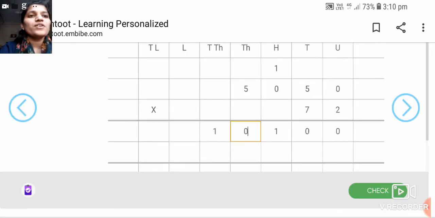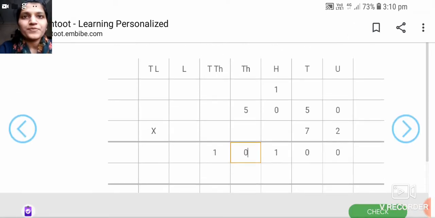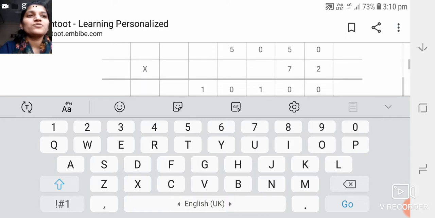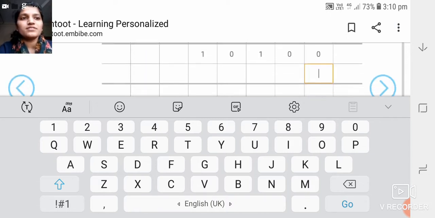So students, now we are going to start with the new step. Please solve the examples using the Funtut app. It will be very good for you, as you can understand it very well. Now when we start with the second step, we all know that we have to put 0 first, right?